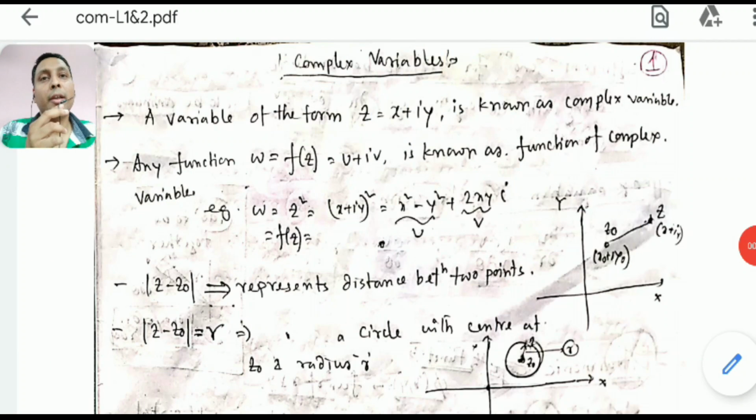Okay students, let's welcome you all to a new series of this engineering math, that is complex variable. Again, like calculus, before going to the numericals of this topic, I thought I will give a brief intro that will be helpful for you to understand the theory, and while we are solving we can refer to these theories. So I will be taking a very brief discussion on this complex variable.